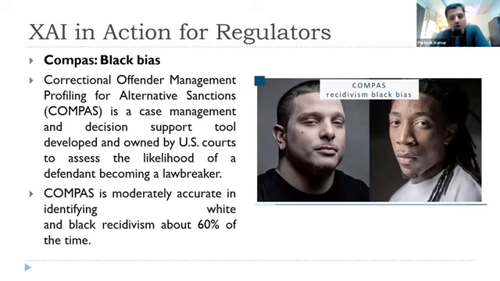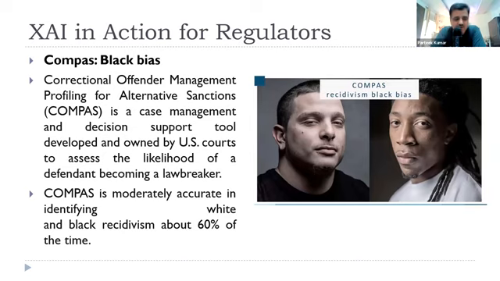Let's suppose you are using an AI model for rejecting, approving, or shortlisting CVs for a particular job. During model building, the model can be more biased towards urban people as compared to rural students, or more biased towards men as compared to women, or biased towards a particular group of persons based on their caste, their color, their background, and so on. So the regulator has to ensure that the model is not suffering from any kind of bias. Explainable AI is very important, where we can use explainable AI tools to detect any kind of biases